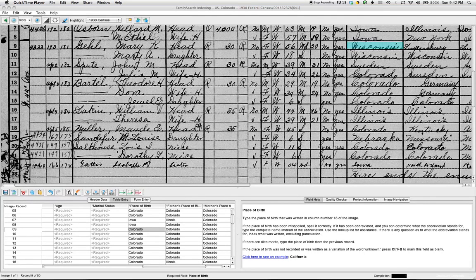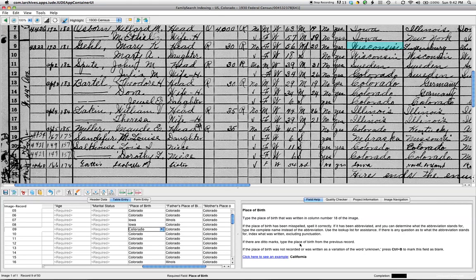In indexing a U.S. Census record, sometimes it's very difficult to read the writing and know exactly how to spell the word. So I'm going to give you a couple tips on how to do this. You'll see the field over here highlighted. It says Wisconsin, and let's say that that's a little more difficult to read. And I'll come down here in the input field, and I will type in instead of Colorado, it'll be Wisconsin,